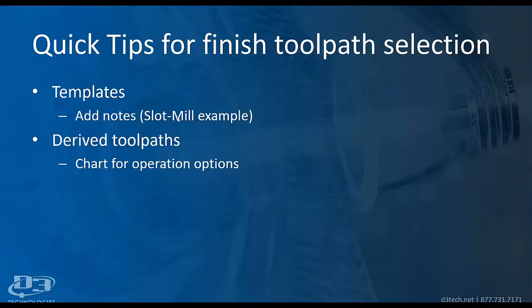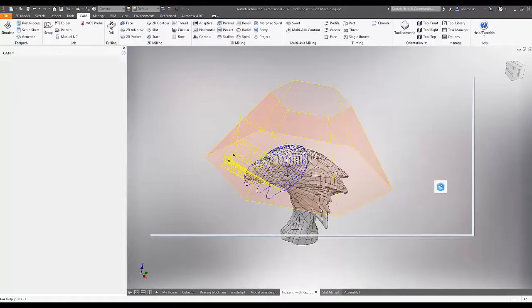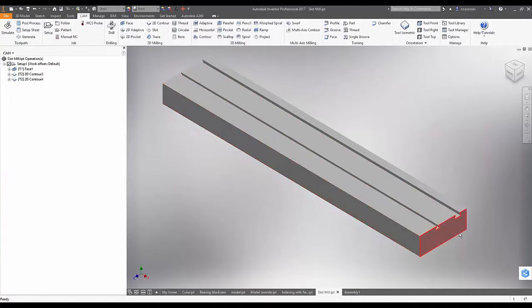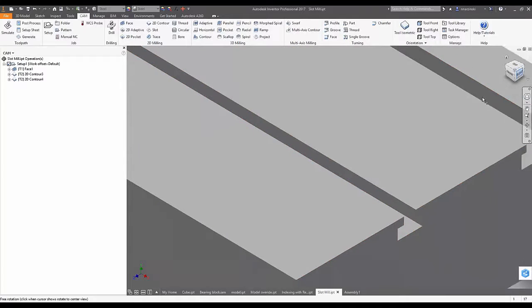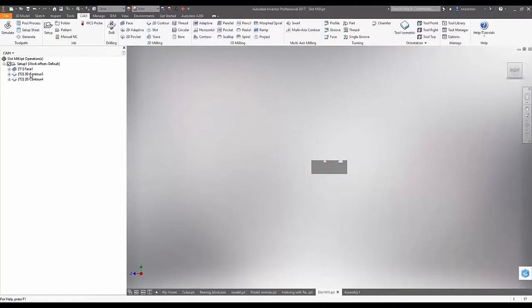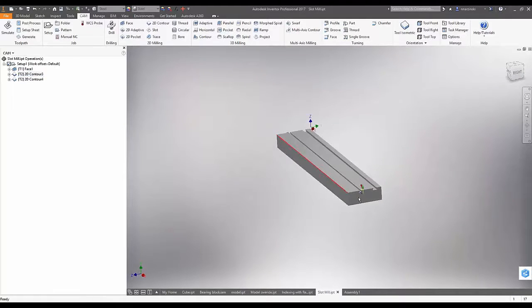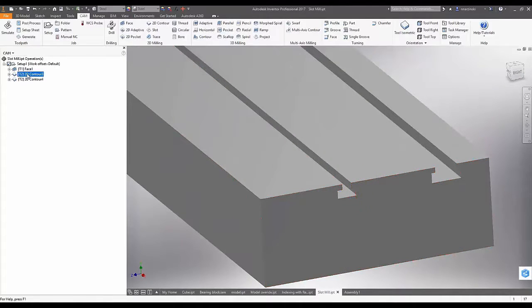You can add notes to them so that you can remember exactly what you had to select. And I'll just show that real quick. In the slot here, I have a part with a slot going all the way through it. Two of them, actually. So I've already created the operations. And what I did